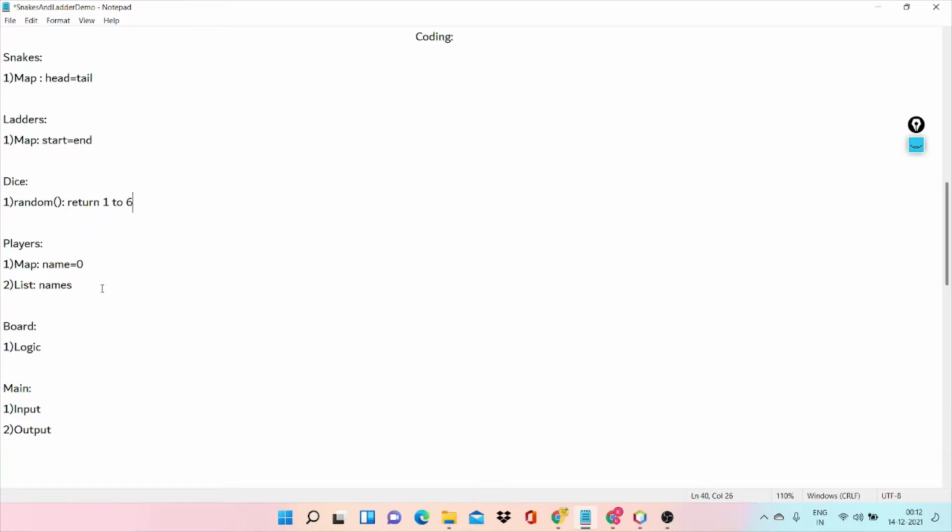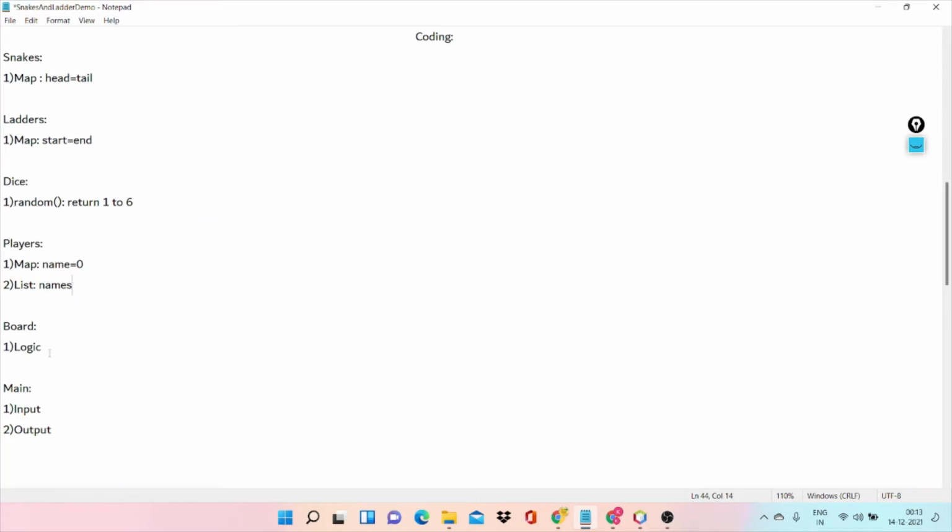One is a hash map as well as a list. Every player's initial position should be kept at 0, and when the game is going on, we need to track the position of the player, so we take the hash map and store the name with the position of the player by keeping the initial position at 0. And as we need to traverse each and every player a number of times till there is only one player left in the game, we use a list, which is nothing but an array list.